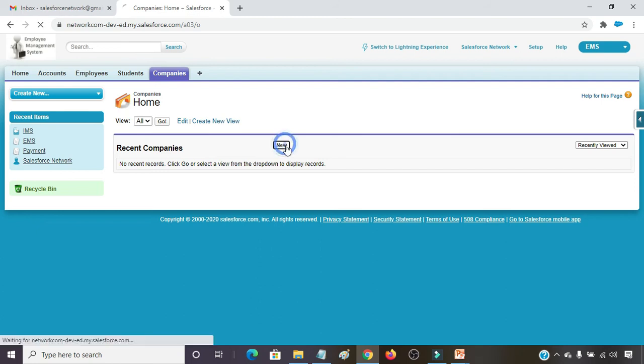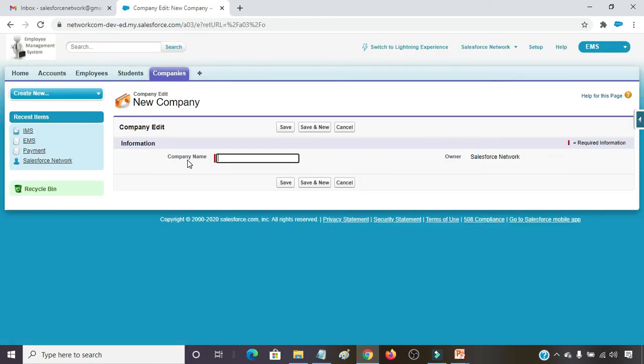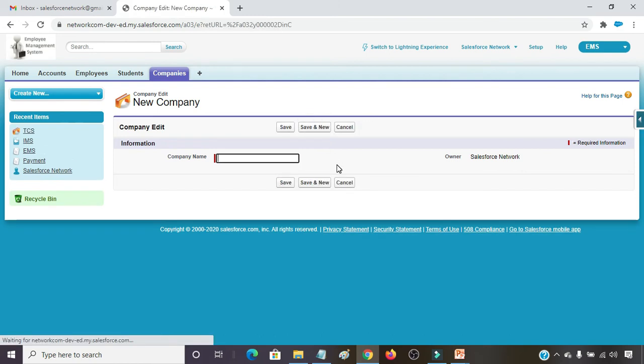See what's going on. On Company there is only one field, that is Company Name. By default it's coming, and I am providing a company name like TCS and one more company, Wipro.